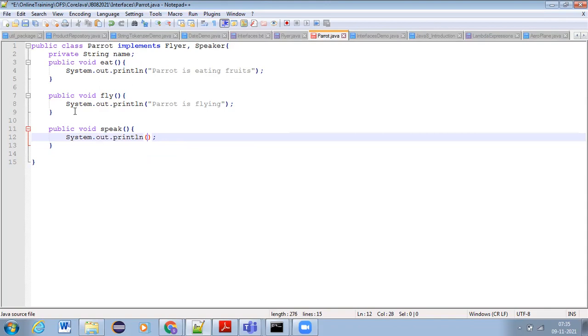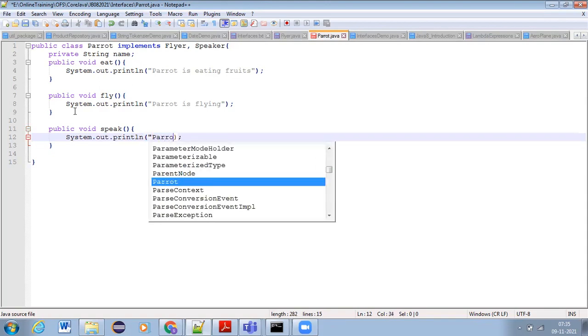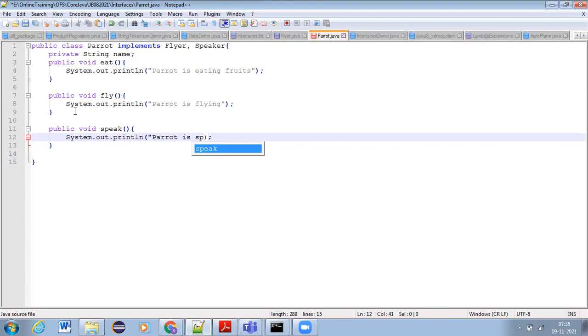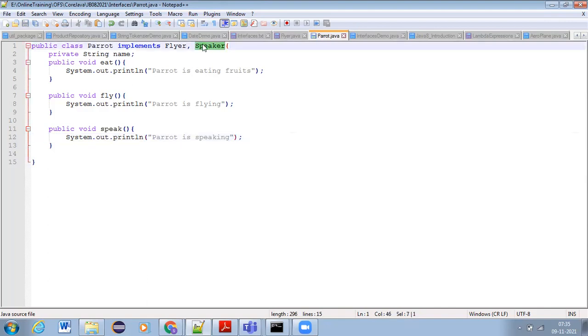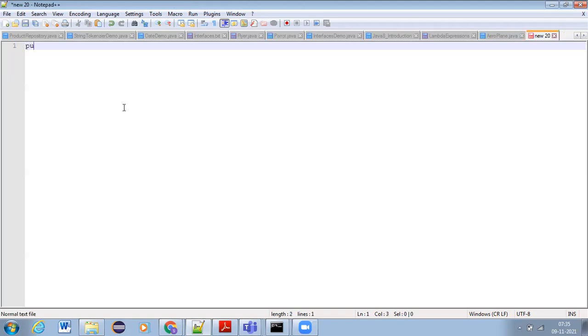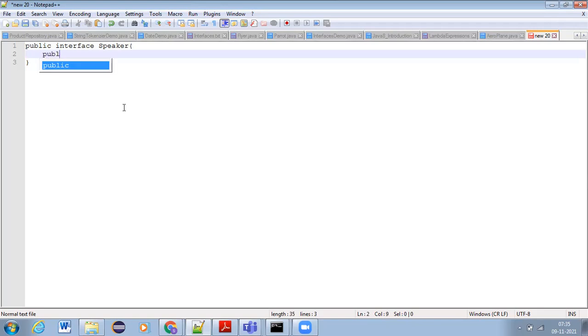Println, Parrot is speaking. We can write like this. Now let's create the Speaker interface. How to create an interface? Public interface Speaker. In this, what is the method that we need to write? Public void speak.